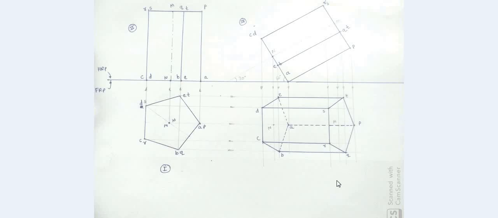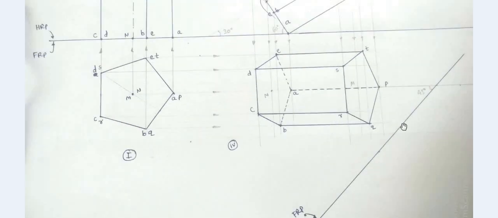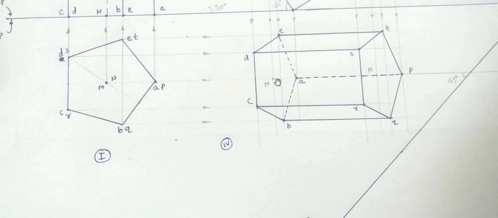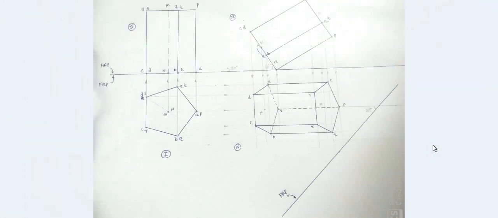So this new FRP would be drawn at an angle of 45 degrees with this top view of axis. It is not mentioned that the axis is inclined at 45 degrees, because here axis means true length. It would have been a different case. So as it is mentioned top view of axis, we will be taking the angle directly as 45 degrees. And in this new view, we will be projecting all the points, all these 12 points, 5 points of PQRST, 5 points of ABCDE, and center points N and M.